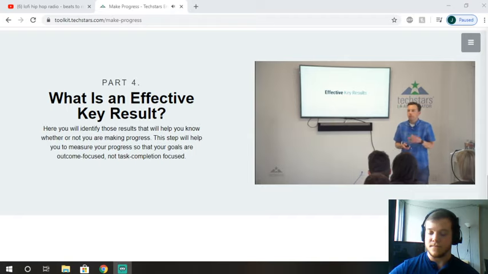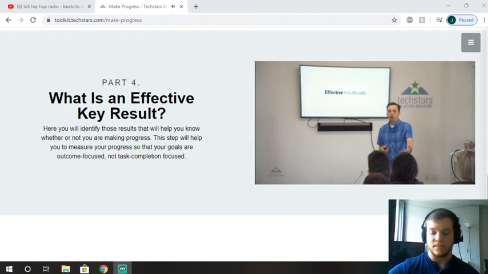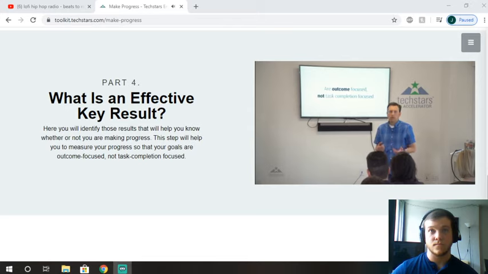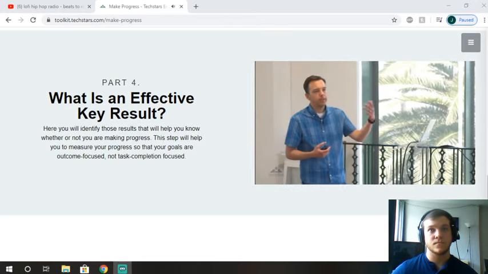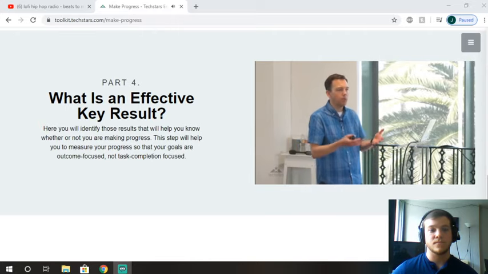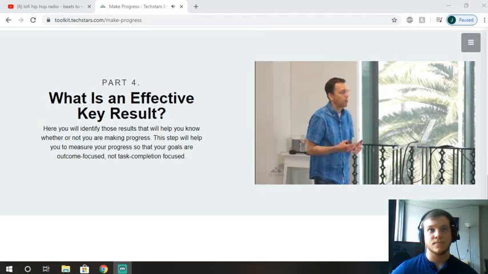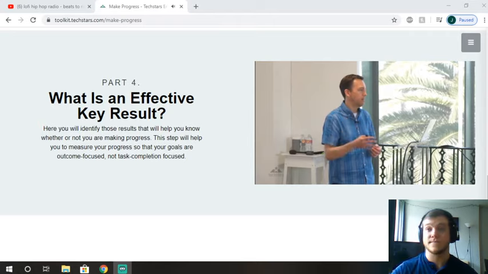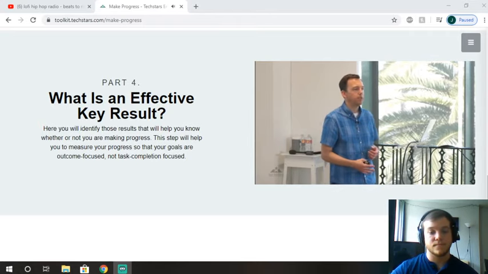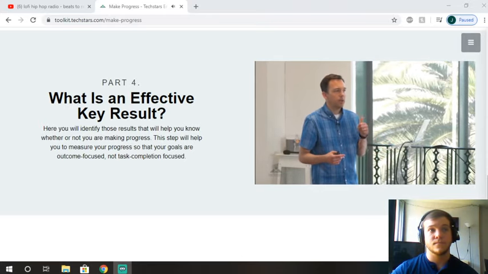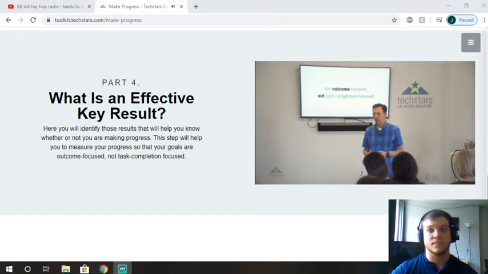Okay, effective key results. Remember, a key result allows us to measure our progress along our mission. They're outcome focused, not task completion focused. Very often you'll see key results, so if the objective is ship feature X, which isn't a great objective, again, take it one level up, why are you doing it? A key result could be 100% burn down of the stories, or 100% tasks completed. That is a very, very common key result when you first start this process. I got done with 100% of my stuff. Awesome, if you're trying to make motion, but we're trying to make progress here.